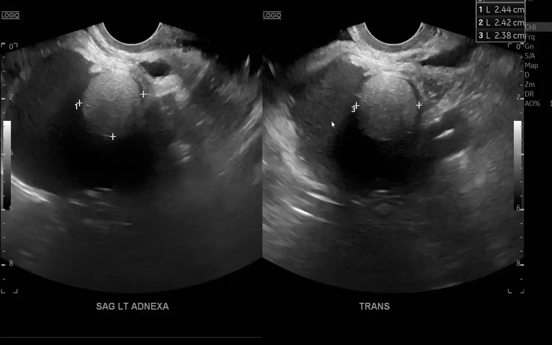Hello everyone. Today we will discuss imaging features of a dermoid cyst. So this is an ultrasound exam which shows a cystic structure here in the left adnexa on different planes, and the cystic structure contains an internal echogenic eccentric nodular mass,